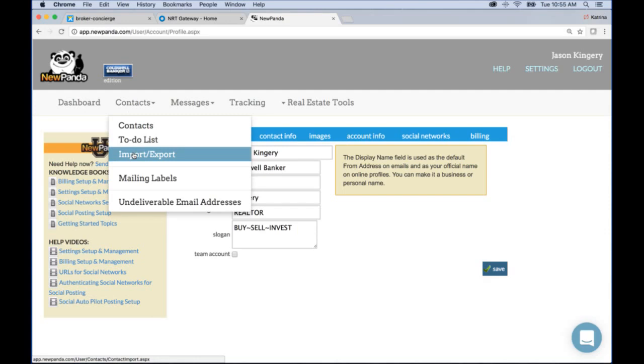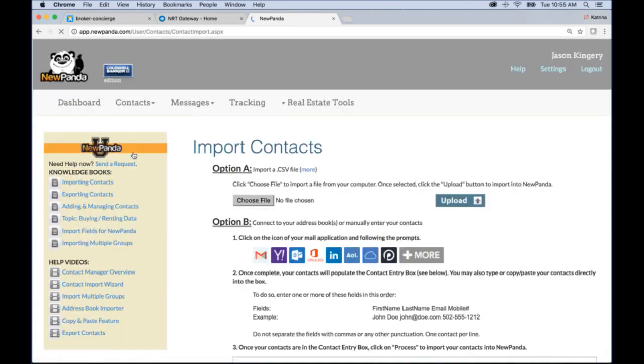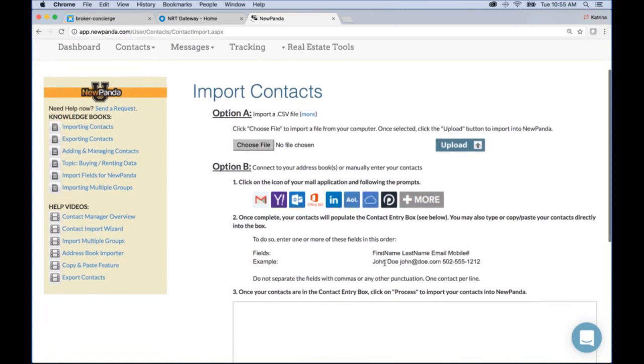So that's a pretty good overview of the program, what you can do with it. I recommend step 1, again, go to settings, get all this stuff hammered out, make sure that it's all correct. Step 2, import your contacts and get them in there. When you're importing, if you are going to do it from a CSV file, because maybe you have an Excel spreadsheet saved somewhere, I only import